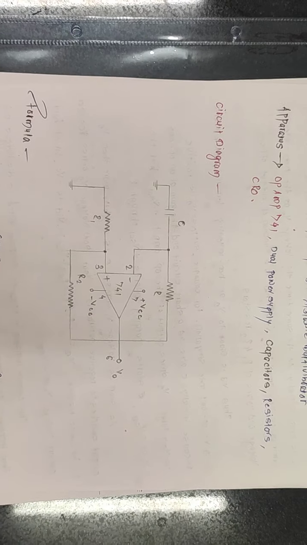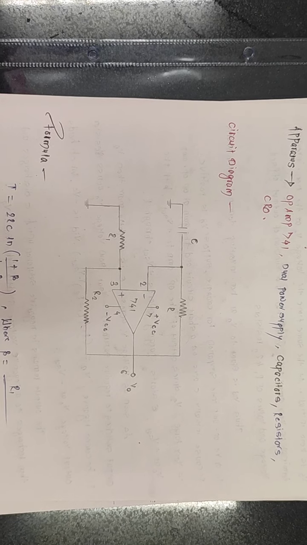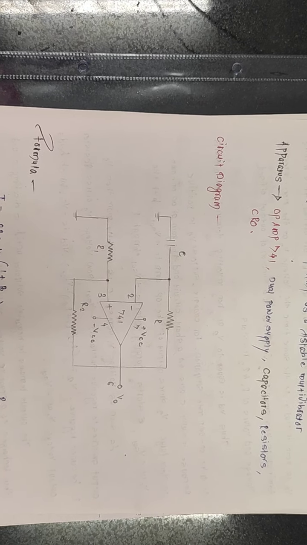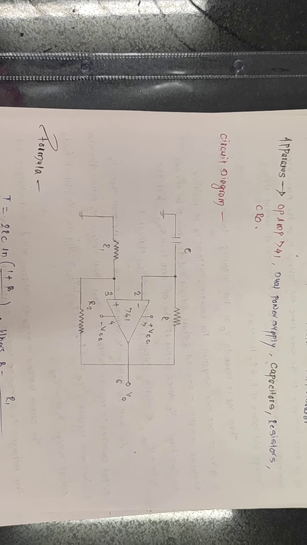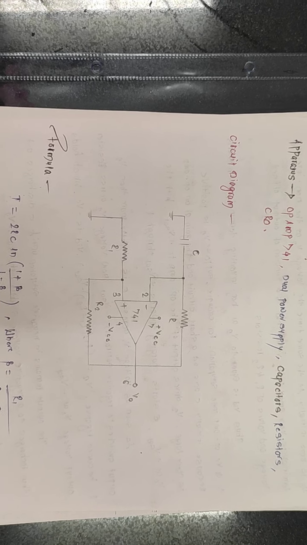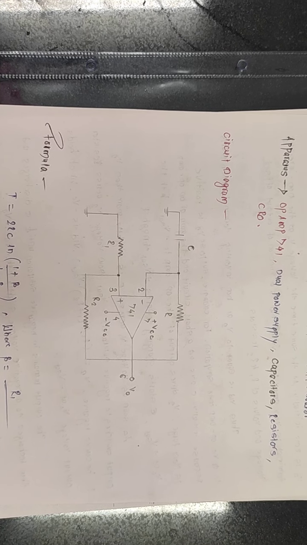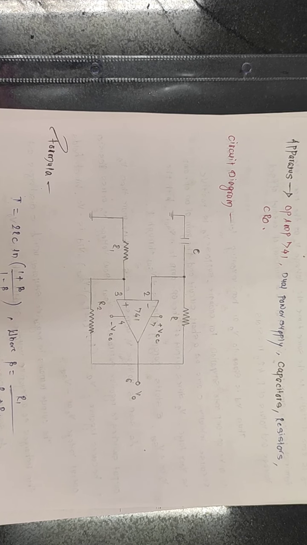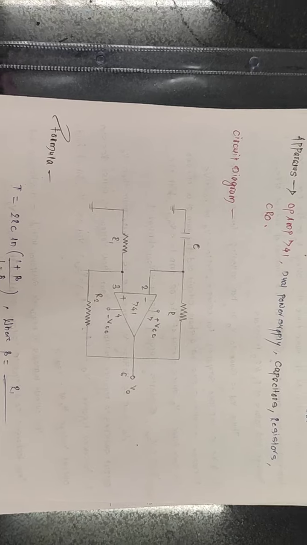So you can see that pin number 2 is connected with resistance R, and capacitor C is connected along with it. Then R1 and R2, these are the two resistors which are connected through terminal number 6 to pin number 3. So you can see R1 is grounded from 3, and R2 rises from terminal number 3 and connects to pin number 6, where the feedback resistor R is connected.